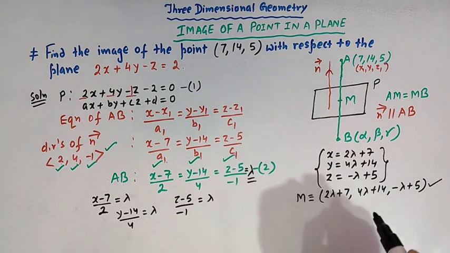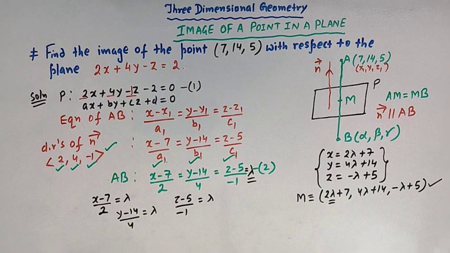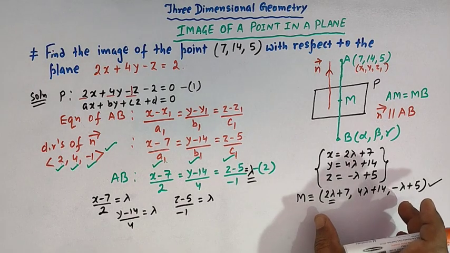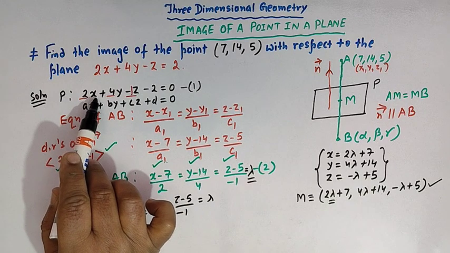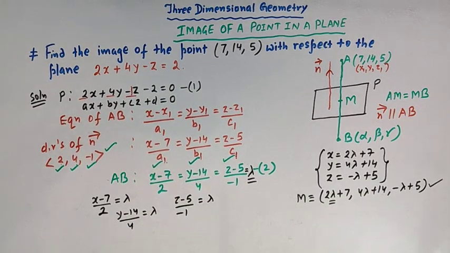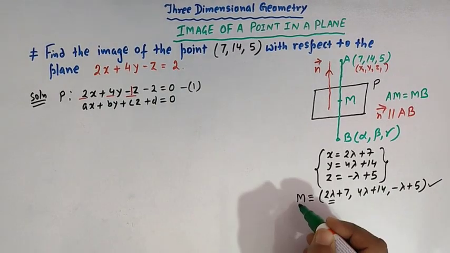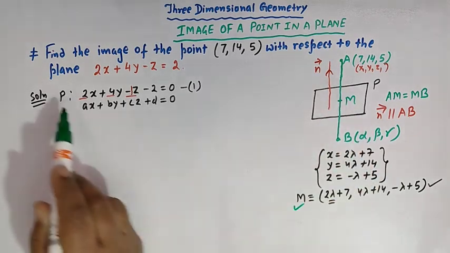So now this concept will be used to find out the value of lambda, right? So we'll substitute this coordinate in the equation of the plane, which is equation number 1, right? So now this point M satisfies the equation of the plane P,